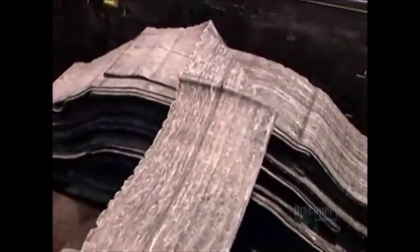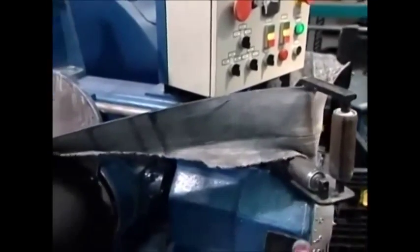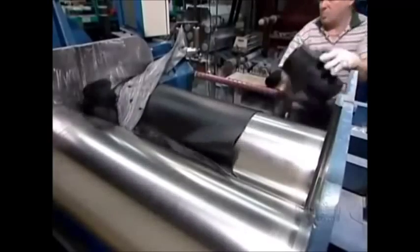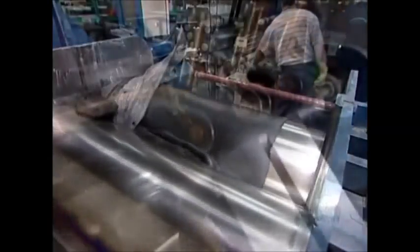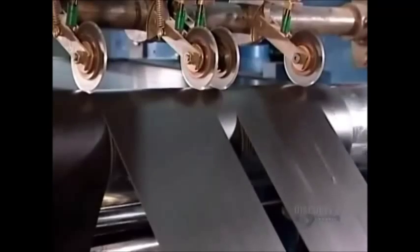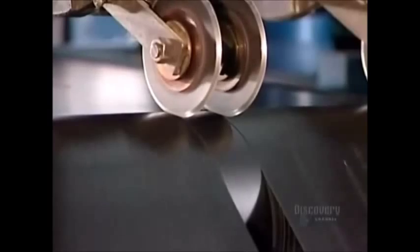The rubber arrives at the factory from the supplier in rough strips. The first step is to run it through a mill. The rollers heat the rubber, softening and smoothing it to an even texture. The next machine cuts the rubber in strips to the precise width and thickness required for the size of hose